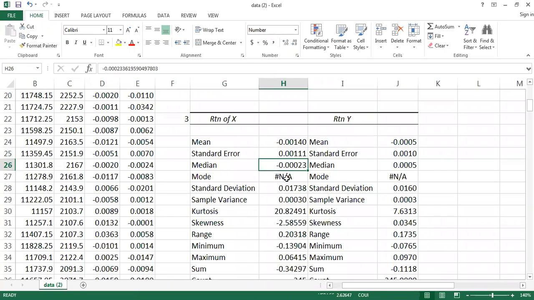Mode will naturally not be there because all these values are in decimal places. We have the standard deviation, which is automatically getting calculated, you don't need to calculate. Your variance is getting calculated. You have your kurtosis, your skewness, your range, maximum, minimum, sum, and finally